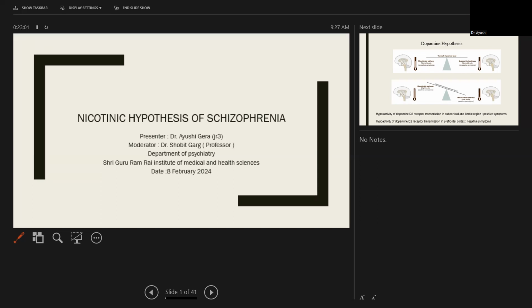Nicotine helps in cognitive deficit, but also there are studies which... No, interesting question, because if someone is reporting